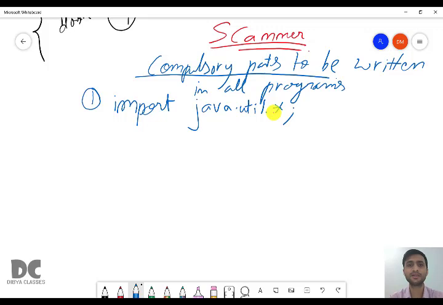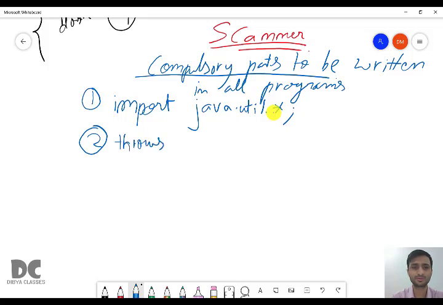So we'll write import java.util.asterisk. In all the scanner programs you will be writing in class 10, and you also wrote in class 9, you have to write import java.util.asterisk.